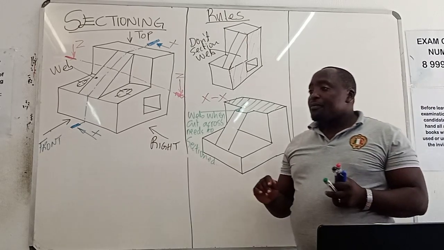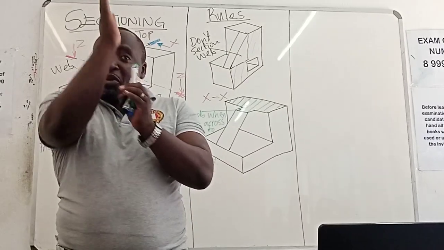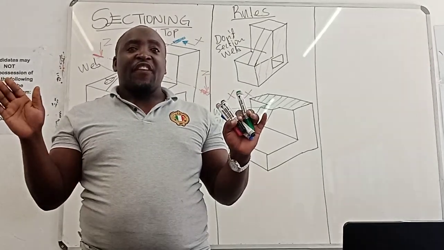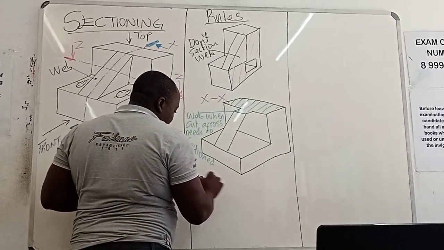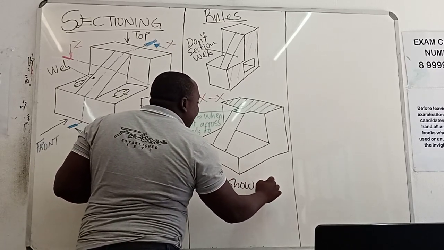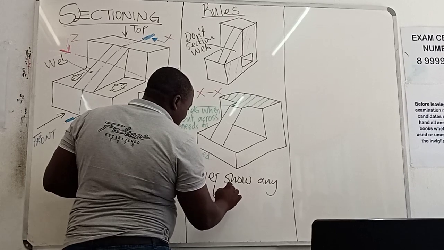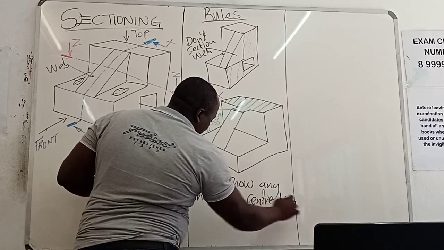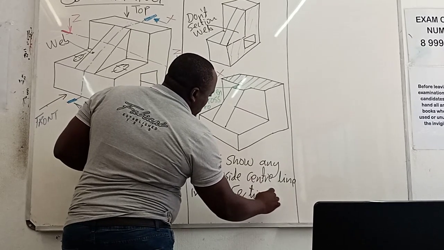Okay. So now, the web mustn't be tampered with when you cut in between the thickness. Only when you cut across, yes, it is affected. And the other rule is never show any line besides the center line in the section area